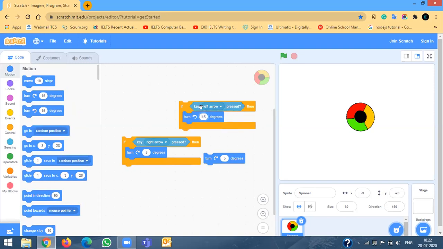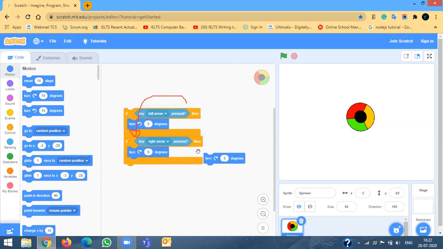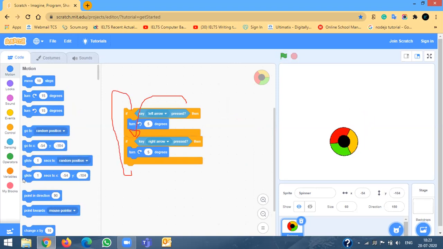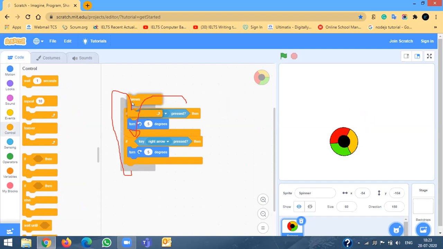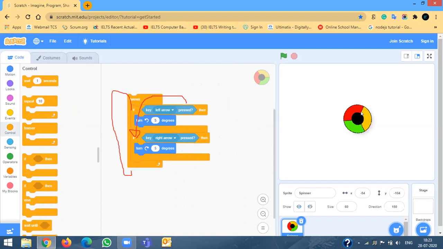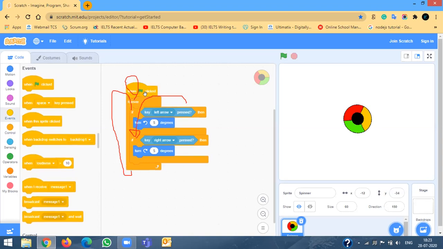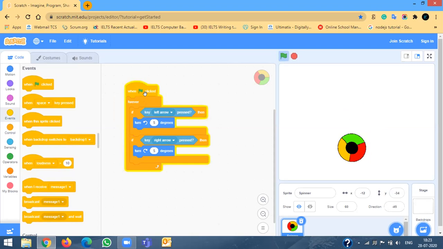And put this over here in the if block, and put this entire thing in forever. Now 5 degrees, right? Yes, 5 degrees. And click the green flag and see what happens. Keep checking whether your spinner is moving or not. Okay, it's moving.